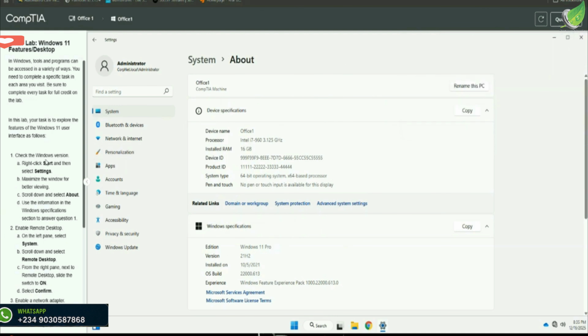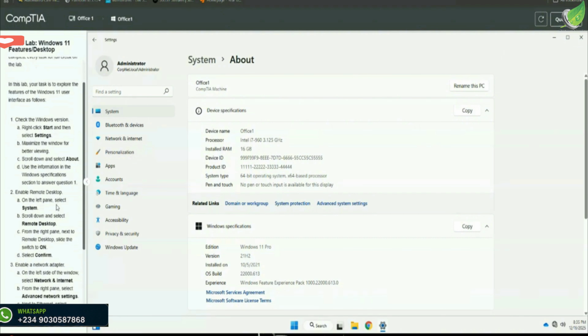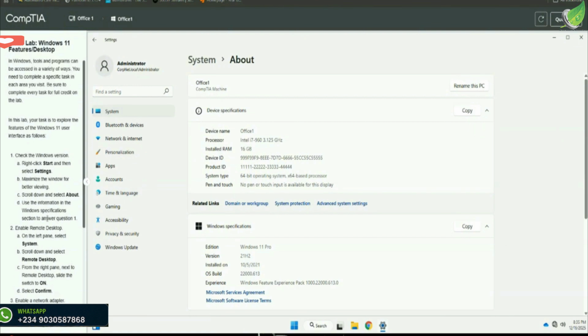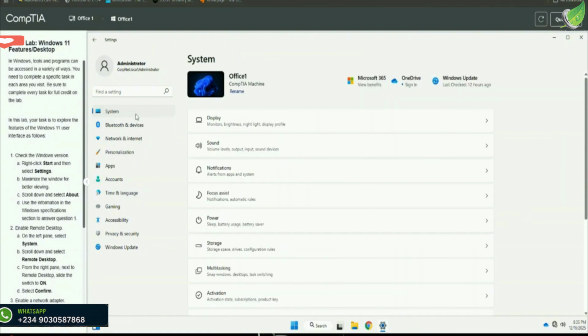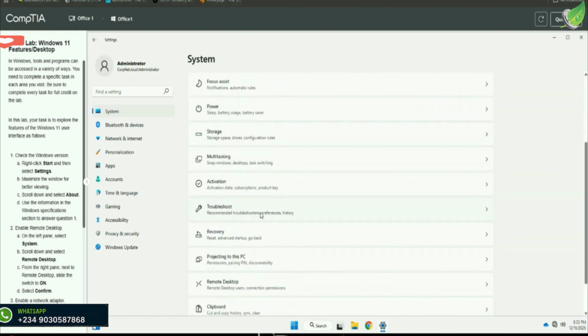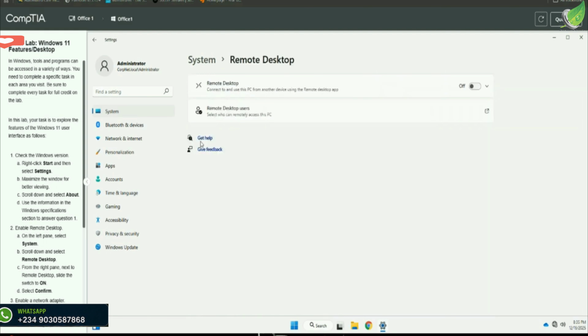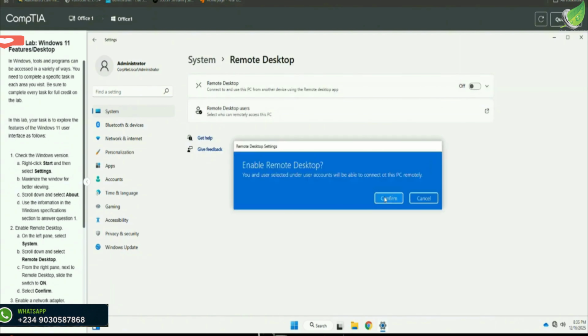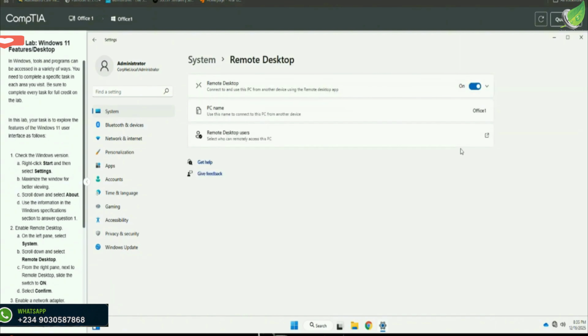Check the Windows version. That has been done. Enable remote desktop. On the left pane, select System, scroll down. Okay, so we'll go to Systems, scroll down, go to Remote Desktop. We turn this on. Go ahead and confirm. Go ahead, scroll down,